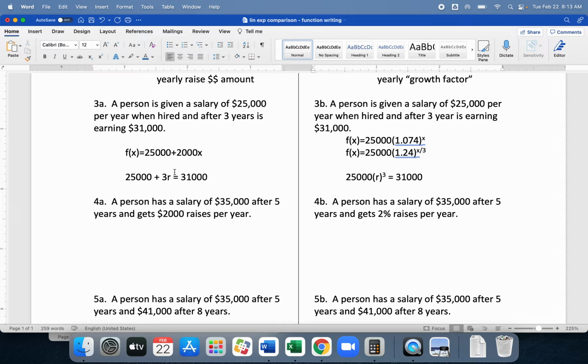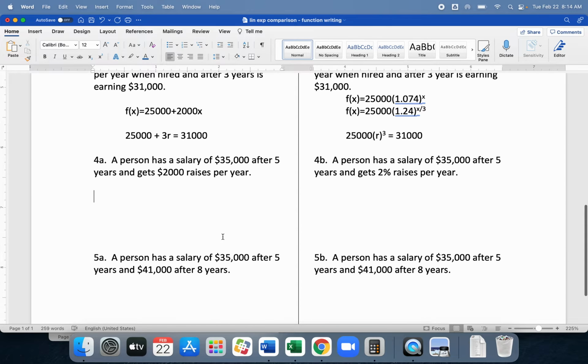So dividing by 3 doesn't always come out evenly also. In this case, dividing 6,000 by 3, that worked out nicely. If it had been something that didn't divide out nicely and we had like 0.33333333, you might have wanted to do the same thing, like leave it in a fraction instead of write out the decimal. But it would just be a fractional number here, like, what was it, 6,000 over 3, writing something like that. So division by 3 versus cube root is the difference between linear and exponential here. All right, so